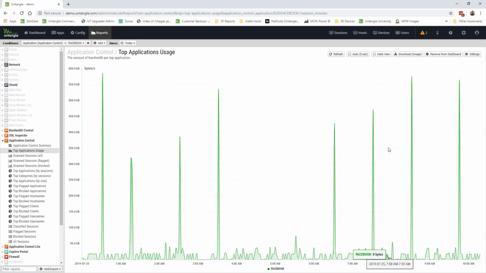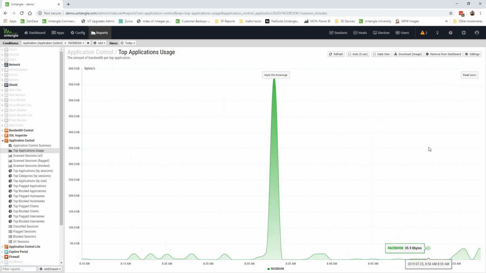Let's pick one at random. And I want to drill in closer to see a shorter time frame for when this Facebook application was being accessed. If I click and drag my mouse over that peak and then release, I have now drilled in to a shorter time frame